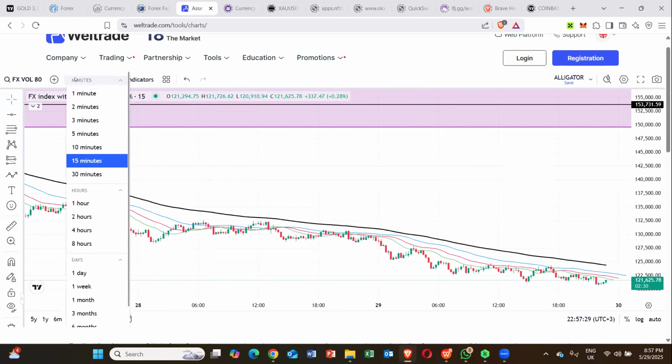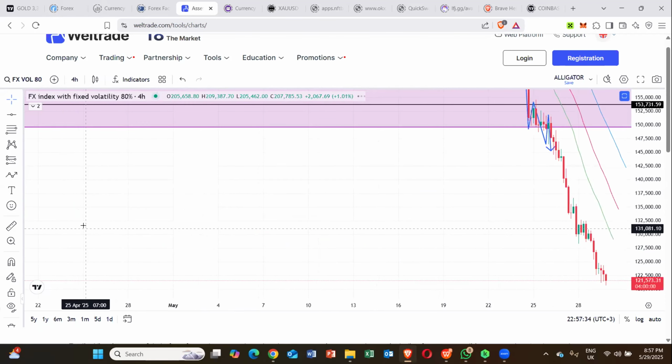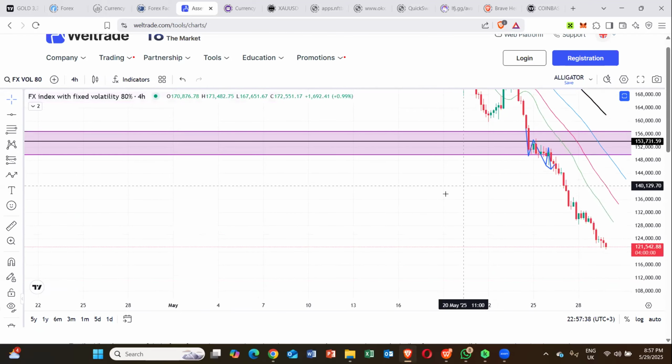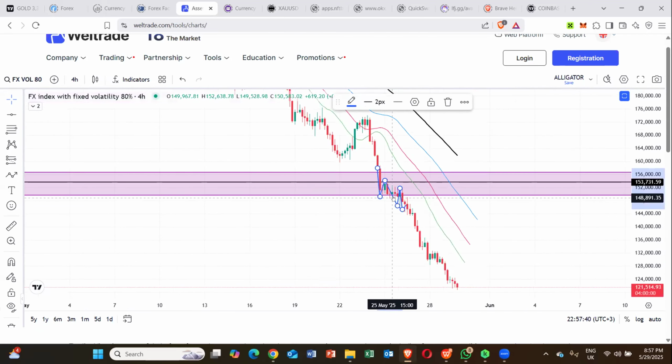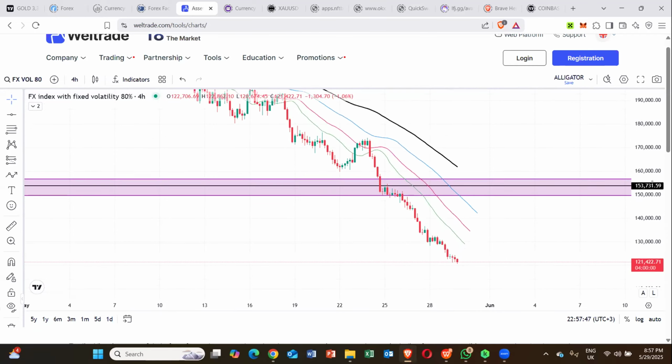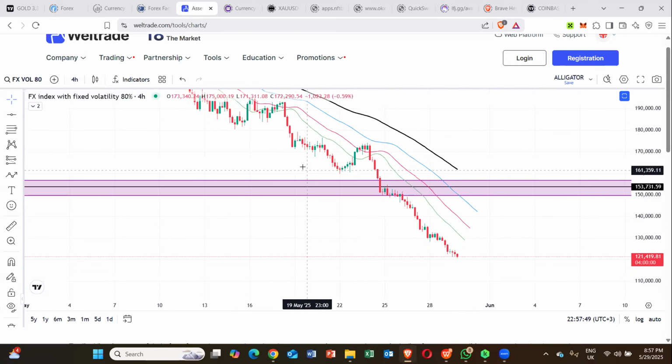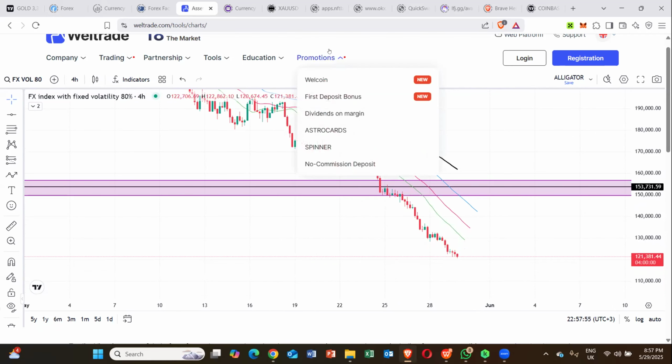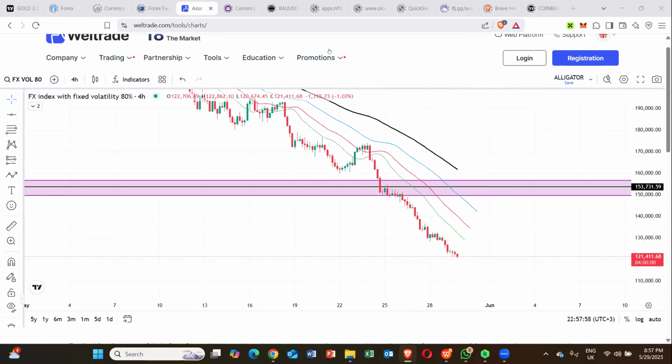Now, the reason why you do that is that you are preparing for what is going to happen whenever the market comes to that area. That is why most times we say we are waiting for something to happen. Like when we went to that Vol 40, I told you that I was waiting for that level, even as much as we took the trade. Now, one of the reasons why we took that trade